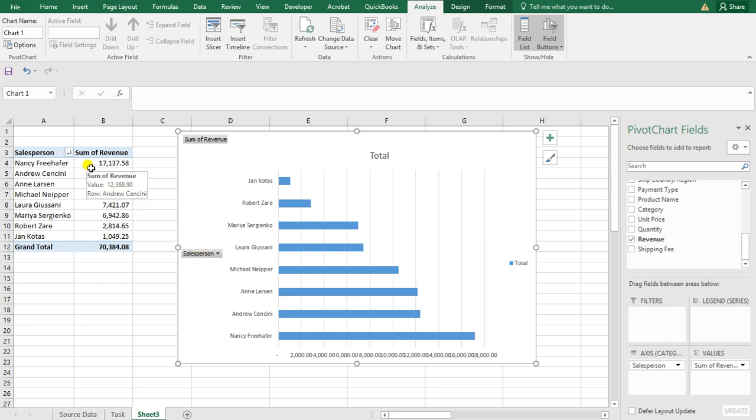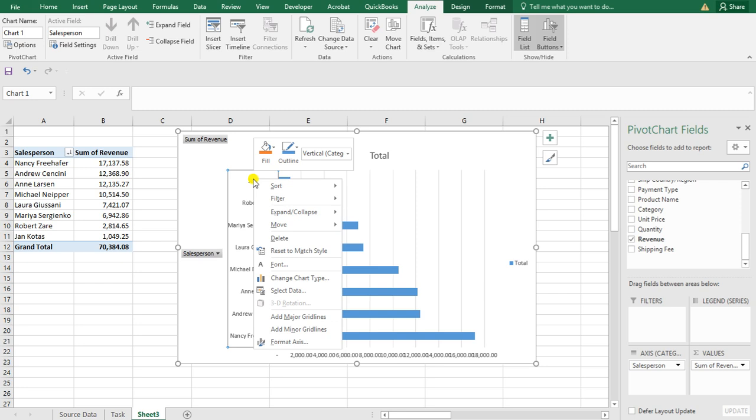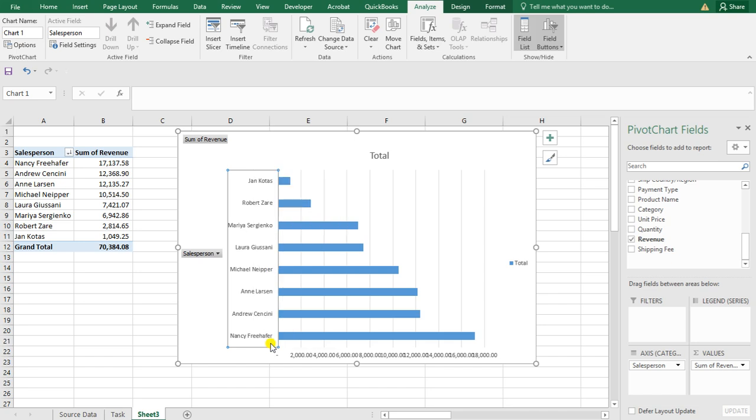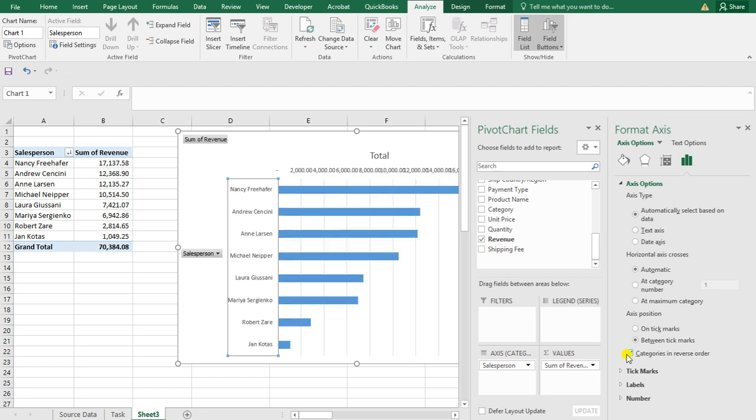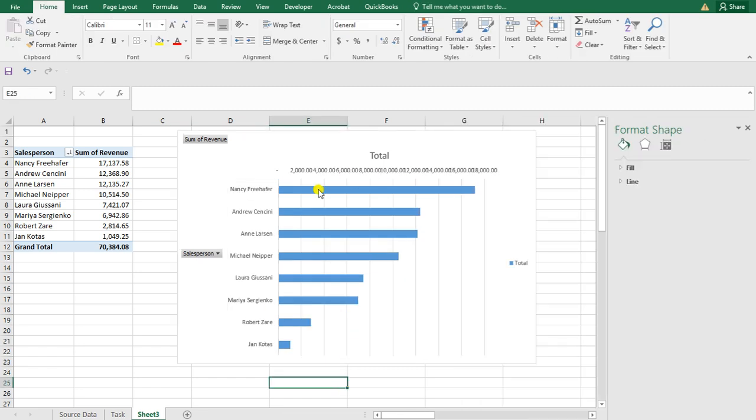So how will you go about it? In this case, that will be easy. What I'll be required to do is select where we're having the names. Then we do right click. I want to format my axis. So just come and format axis. In formatting our axis, I'll be having all these categories. So I want my data to be categorized in reverse order. So if I click reverse order, you see the magic that has been done here,